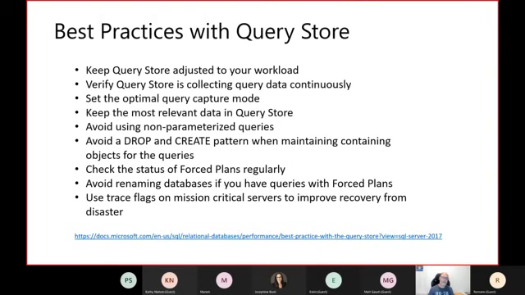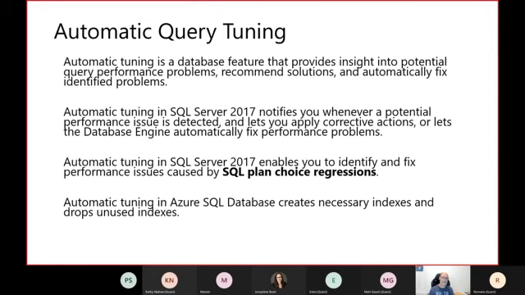And to address that particular problem, Microsoft in SQL Server 2017 added, on top of Query Store, automatic query tuning, right? What can we do with automatic query tuning?